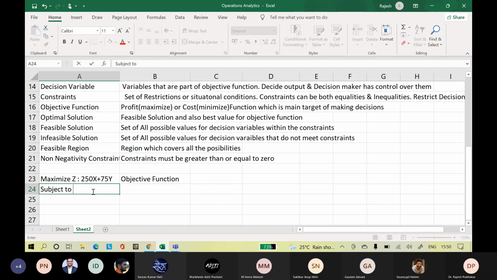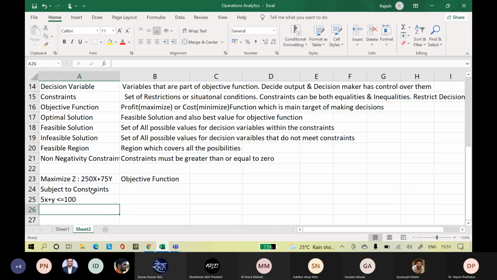Subject to constraints, these are the constraints: 5x plus y less than or equal to 100.